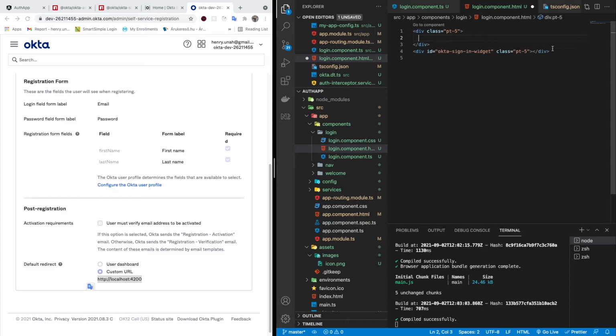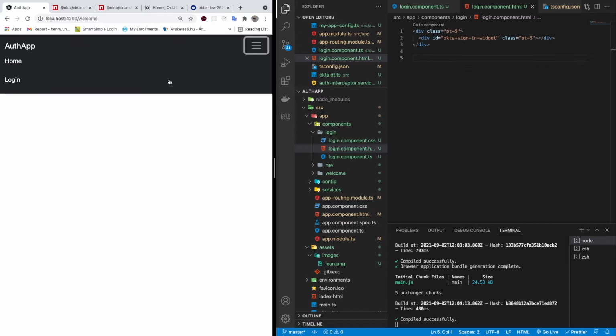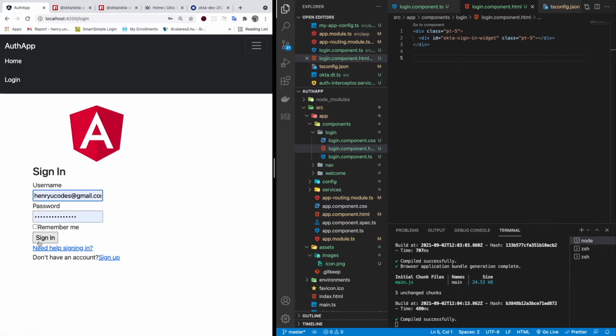So it's going to make the sign-in widget be at the center. All right, this looks good. Moment of truth. Let's see what our sign-in widget looks like. So now we're on the welcome page, and on the login page, you see we have our sign-in form here,